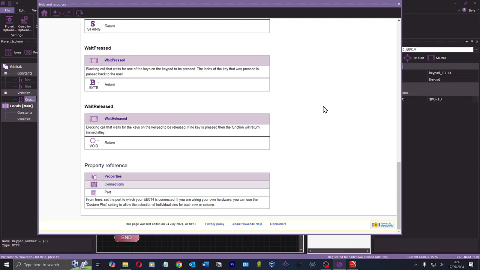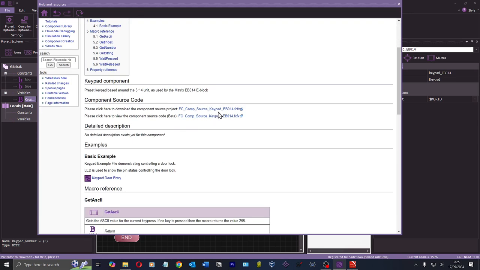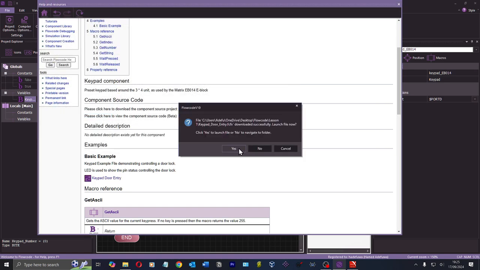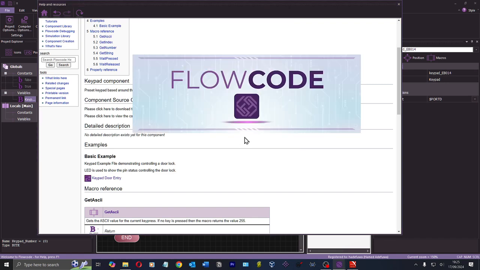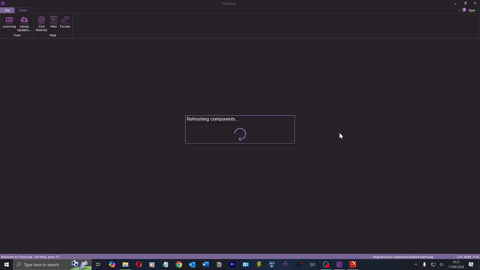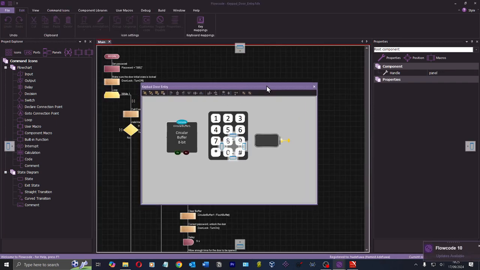Okay. So this doesn't really tell me much. It just has an example. So I guess I just download the example. Keypad door entry. Alright. Let's see the difference between my code and this code. The project was built using a newer version of Flowcode. Oh wow. Okay, so